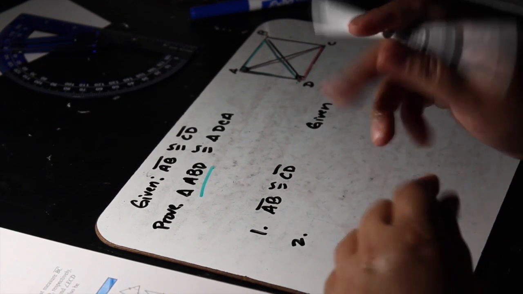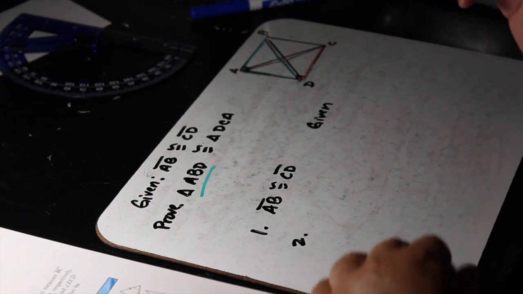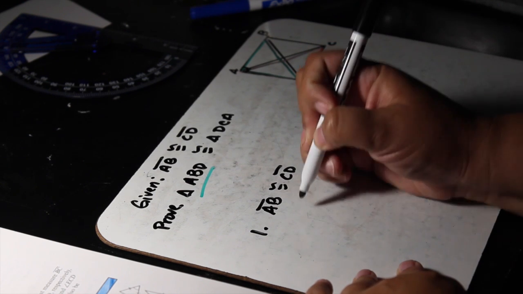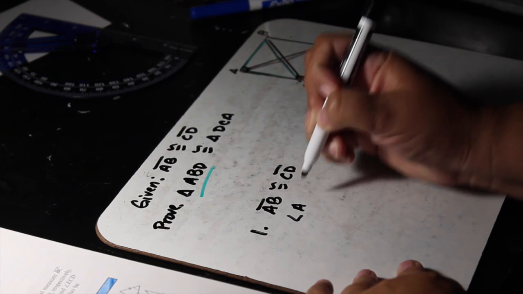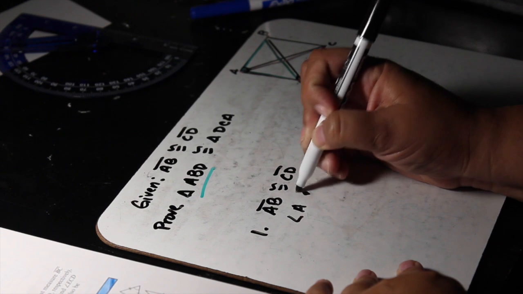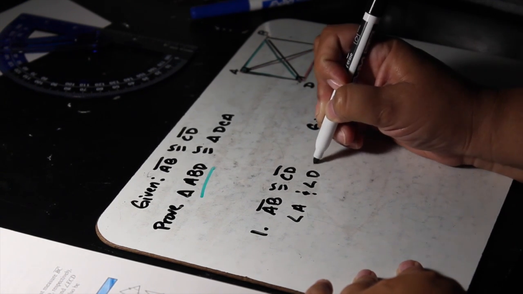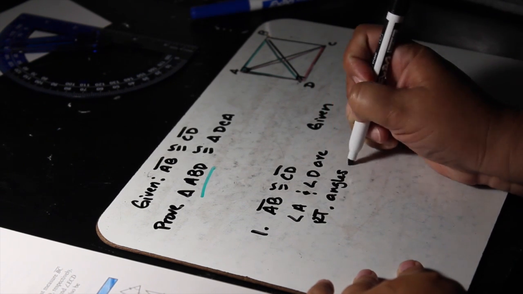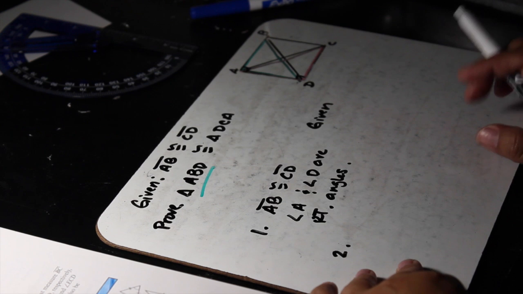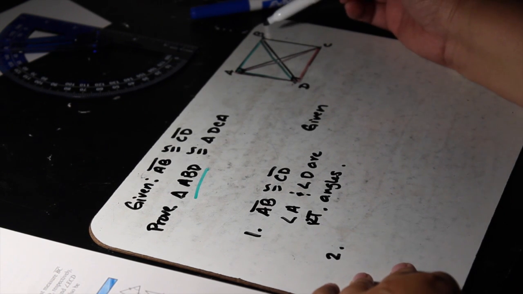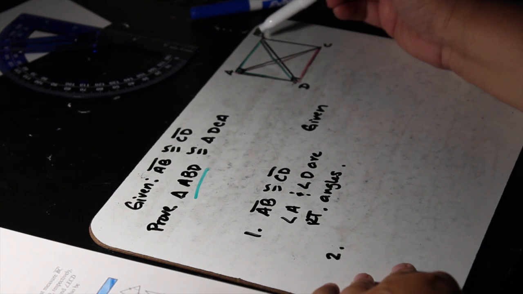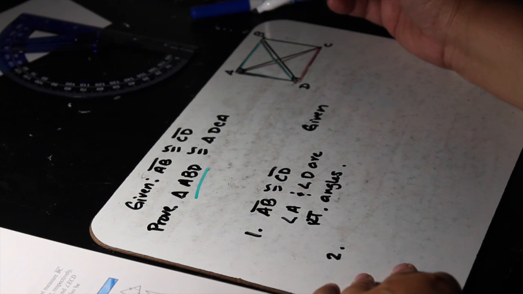Actually, the other part of the given is also that angle A and angle D are right angles. Okay, that's all part of the given. Number 2 is we have BD, triangle BDA. The measurement of angle BDA